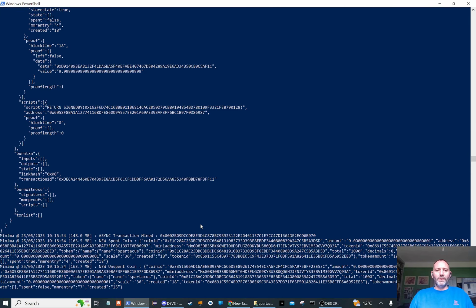There you go. It makes the transaction, sends it to the back-end process. That mines it asynchronously. If you add mine true to the send command, you can mine it synchronously. That's important because you can get back the transaction ID of your message and look for it. So now if we look,